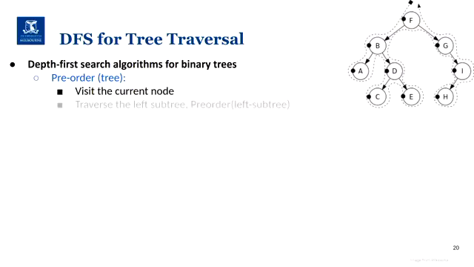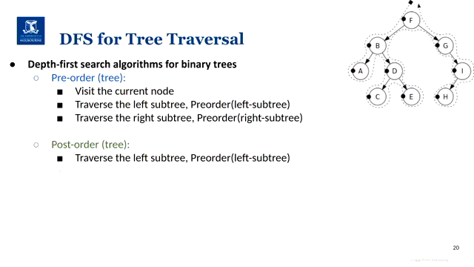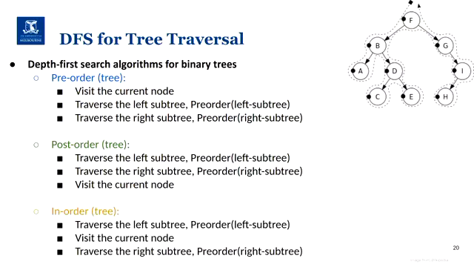So pre-order, basically, what we're going to do is visit the current node. Let's say we always start with the root for the tree. We're going to visit the node, then visit in depth the left subtree, then the right subtree. And this is basically a recursive call. For post-order, we will leave the visiting stage to last, and recursively follow the left subtree in post-order, then the right subtree, and then we visit the node. While in-order, we will traverse the left subtree, visit the node, and then traverse the right.